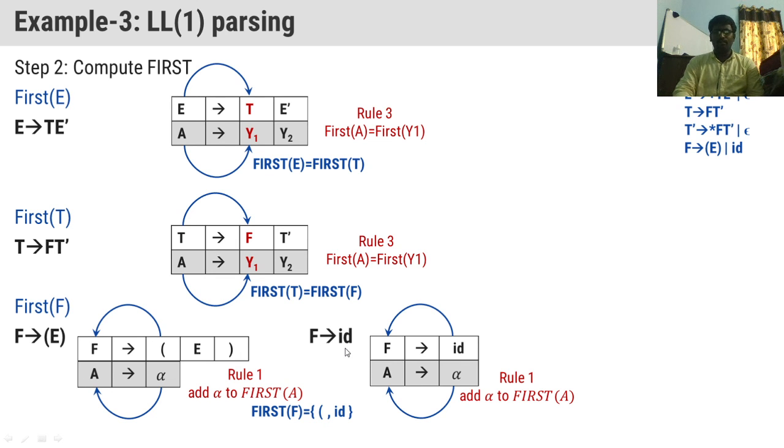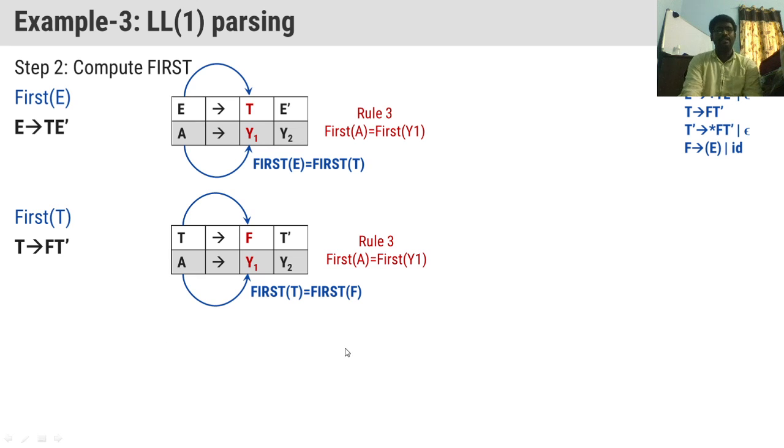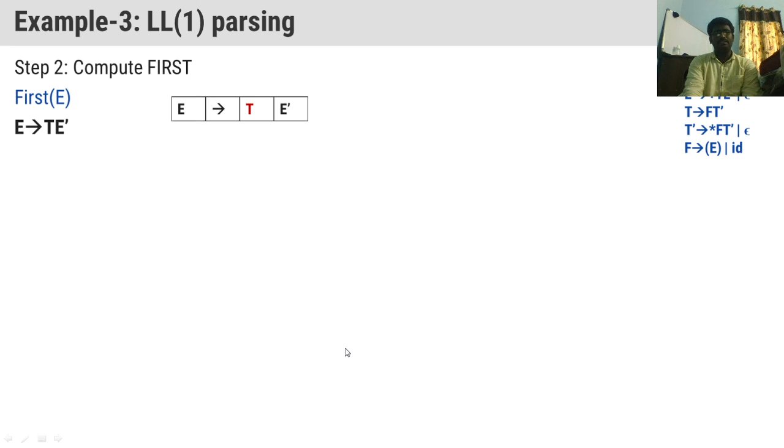Right? Now we don't need to find the first sets again for all the things which we have already found. We have found the first sets of capital E, capital T also, capital F also. They are over. Now we need to find out the first sets for E dash and T dash. Hope you all understood. Again I am going to tell you what we are doing here, how we are going to compute the first sets.